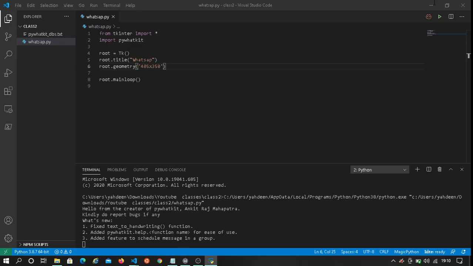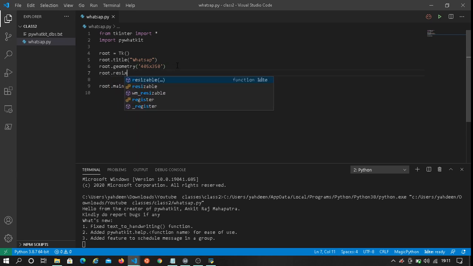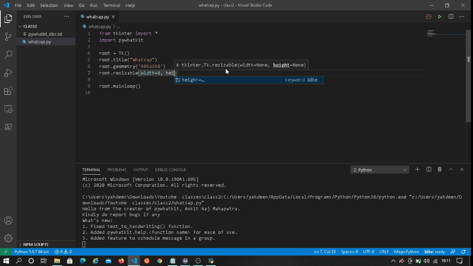So for this app, I'll set a fixed width and height. It is root dot resizable, width equals 0 and height equals 0.